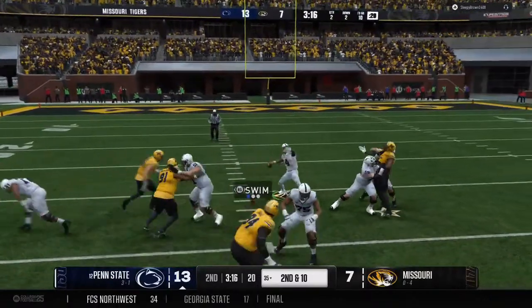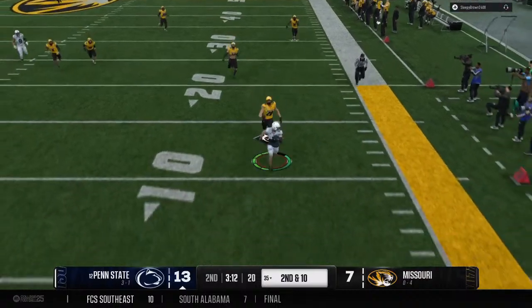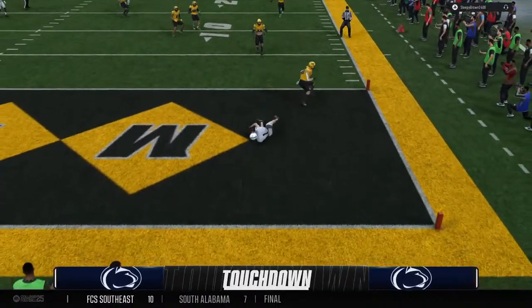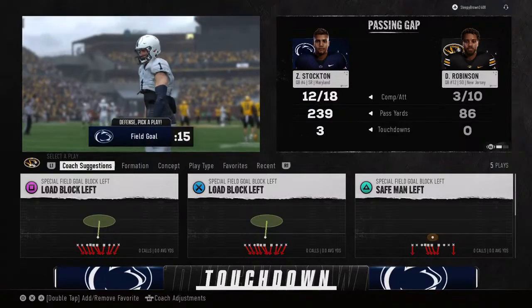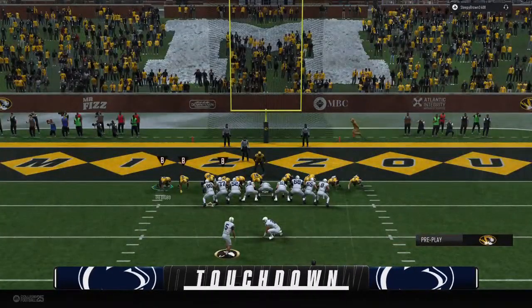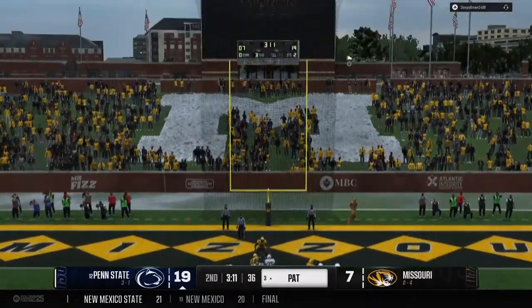Off play action. Oh, he loves to fire downfield. Makes a catch at the 15. And he motors into the end zone. Touchdown, Penn State! Yeah, coming into the game, you look at the stats and you say top 10 offense in scoring,